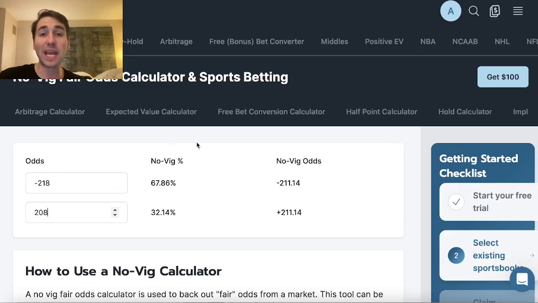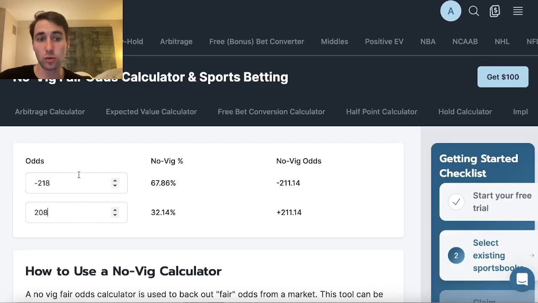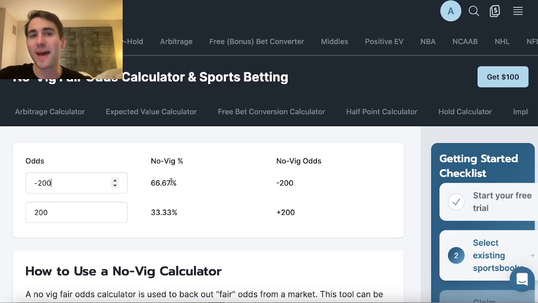So according to the betting market, what this no-vig calculator does is it tells you the probability that the market is implying the two outcomes win. We know the Lakers are the underdog, and the Nuggets are the favored team. According to the sportsbooks, the Nuggets are roughly 67.86% to win. And that should make sense, right? If a team is minus 200, that means they're a 2-to-1 betting favorite, 2/3 to win,